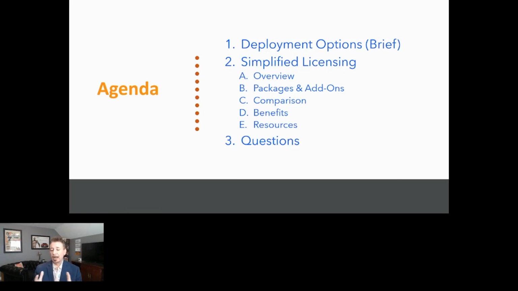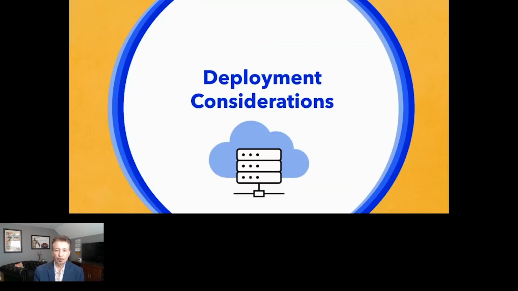So if you're new to OnBase, if you're considering OnBase, or if you inherited OnBase, this deployment consideration overview is for all of you. So OnBase can be deployed in one of three ways, either on-prem or through a third-party web hosting or through Hyland. So in an on-prem scenario, you manage everything, that traditional model, absolutely perfect in either the legacy or simplified perpetual, but you're managing the application and your upgrades and monitoring and servers and storage and all those kinds of things.